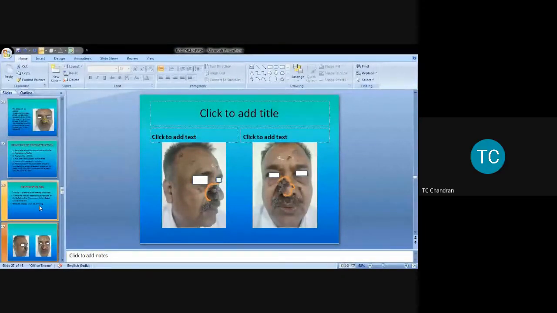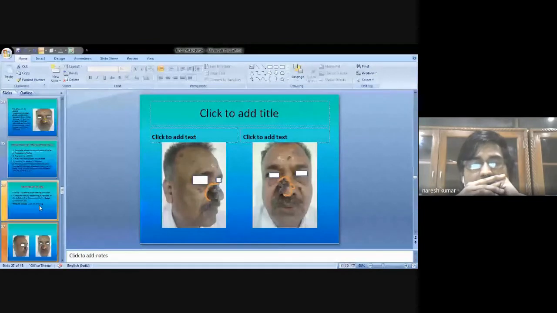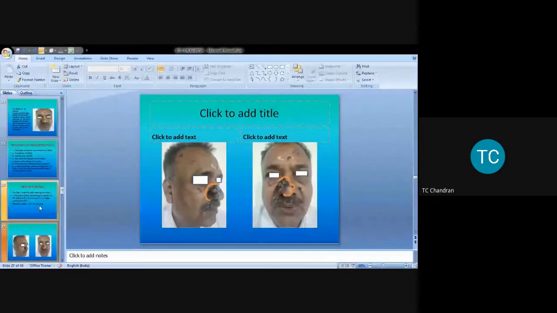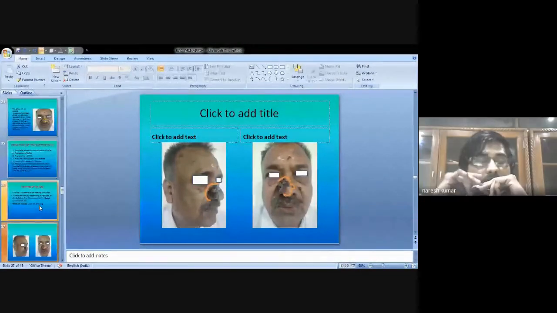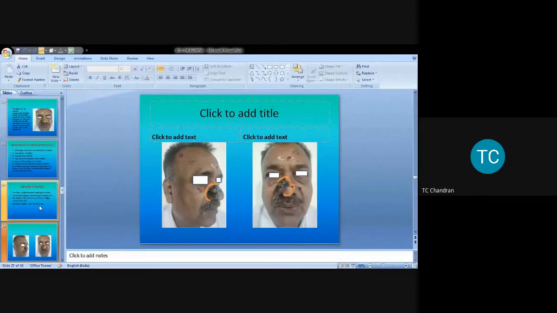No, thickness will not be the issue. There are many issues while selecting a free flap for nasal reconstruction. One is the bulk.